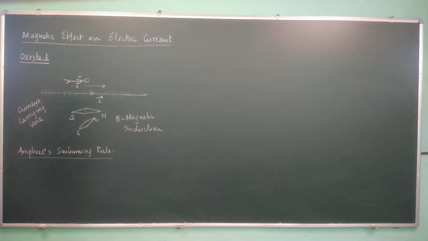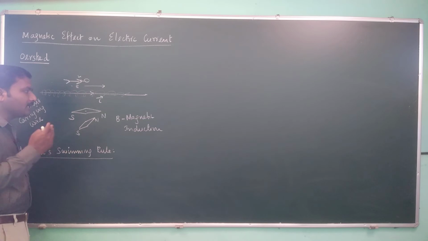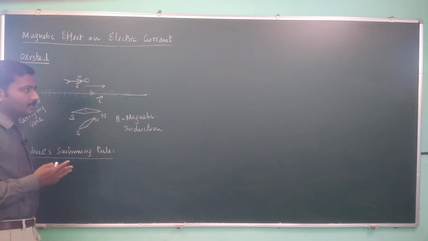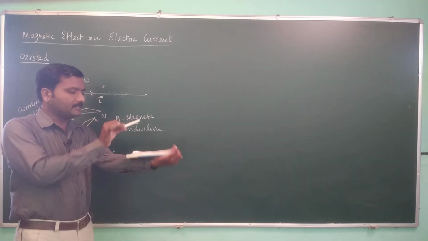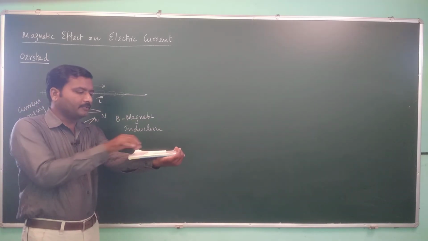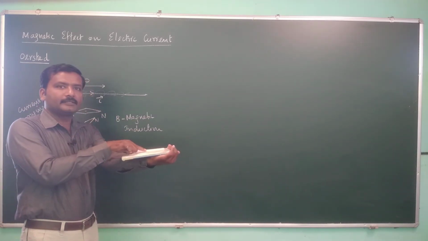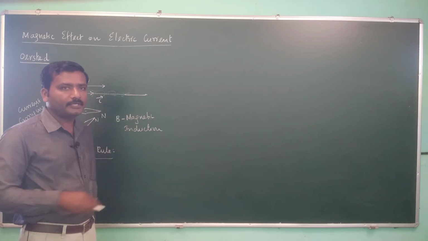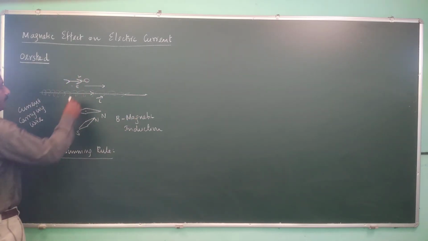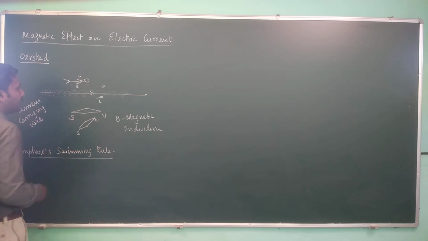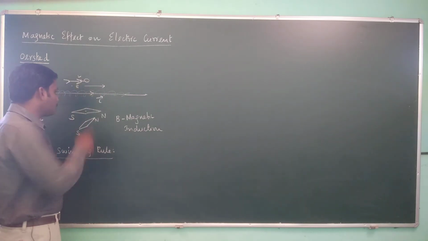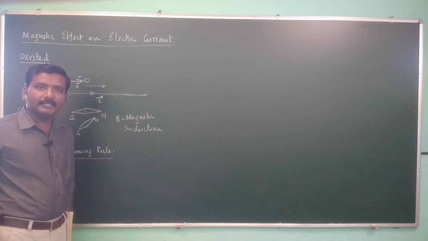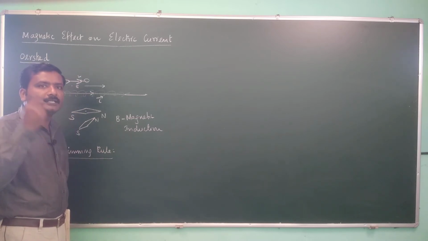this pivoted magnetic needle which is getting deflected means something acts upon it. Suppose I want to move this chalk piece, see there is a chalk piece over this book. If I want to move it, I need to apply some force, right? Similarly, here, due to this external magnetic induction which is created because of the current carrying wire, some force is applied to the pivoted magnetic needle, and due to that the needle gets deflected.